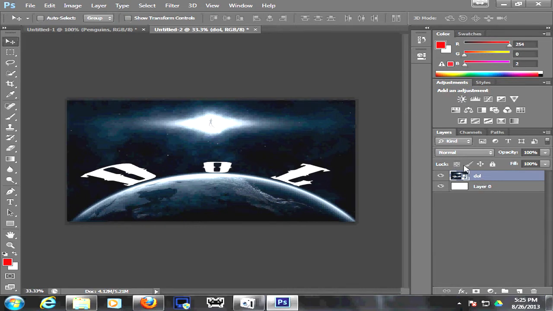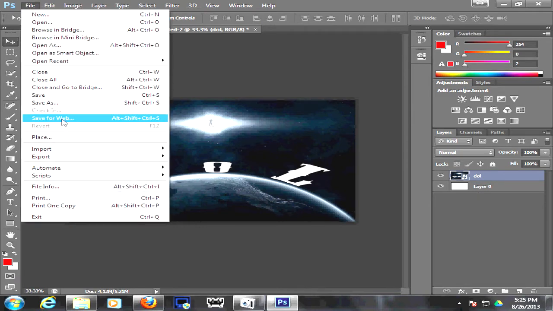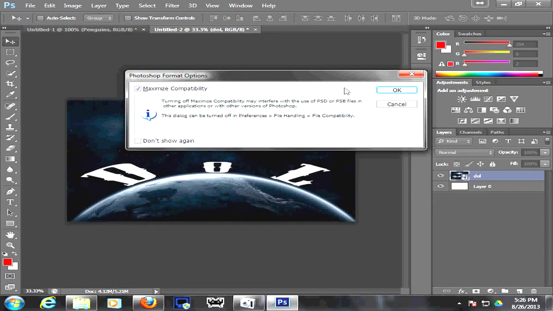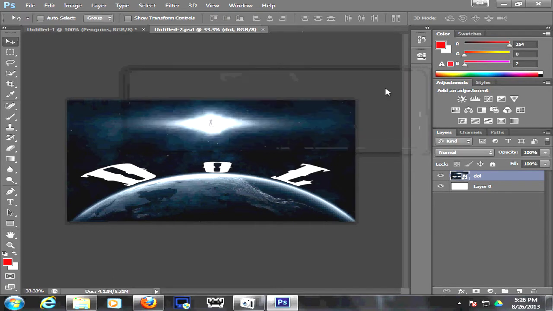If you want to make it where when you save the files you don't have just one file, because it will combine these two layers. If you save for web, it'll combine it. So in order to save it where you can change either of these layers, you're gonna have to save it as a PSD or PDD file, and I'm just going to save that as untitled 2 and maximize compatibility, whatever that means. And then when I open it,